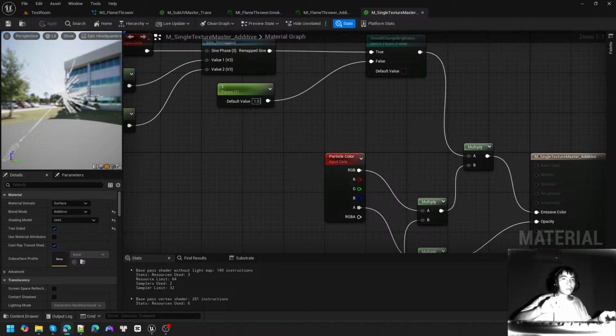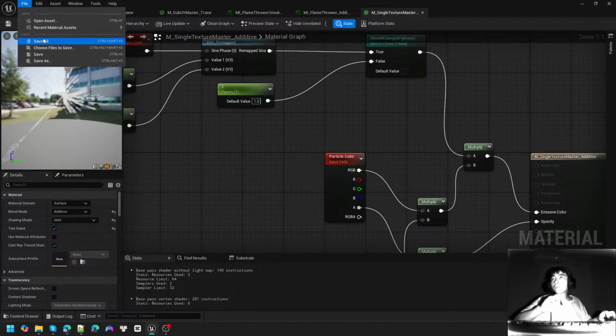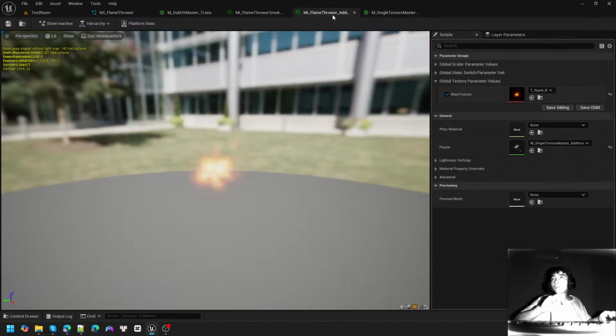Now go back to my material instance, double click to open this and flamethrower. Now you can see we get this switch parameter,